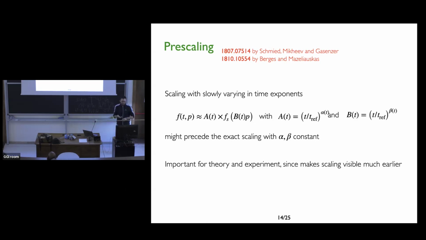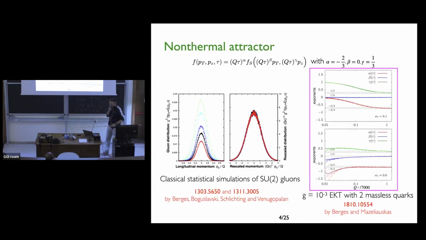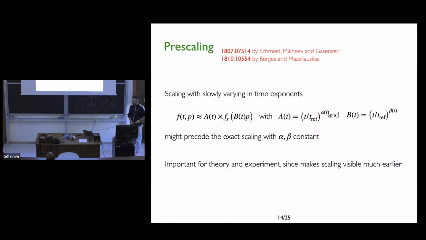That's why I'm saying this. They wanted to have some notion of a slow evolution before the non-thermal fixed point is approached. And when I get to the relativistic hydrodynamic part of my talk, you'll see that that's not really what's going on. This intuition was fruitful, but I'm not sure it was 100% correct. Indeed, in their analysis, they look at this expanding situation. They see that they can define a notion of a time-dependent scaling exponent, and that this notion seems to make sense much earlier than when the scaling exponent settles on the constant values that you believe in, right? So somehow these time-dependent scaling exponents are not an unreasonable thing to consider,